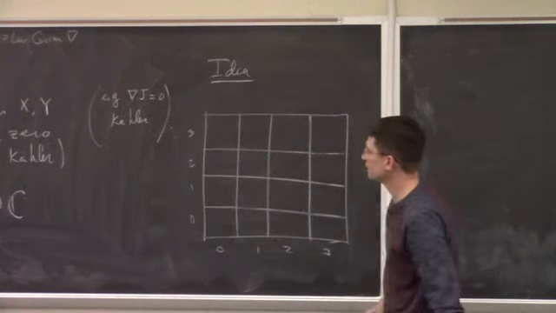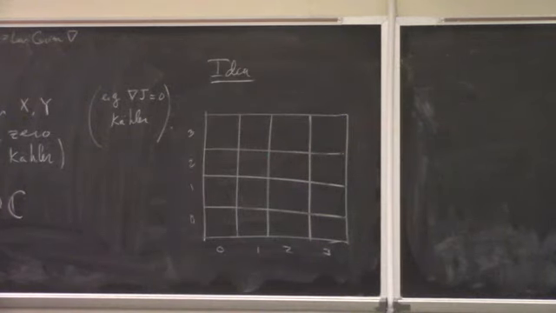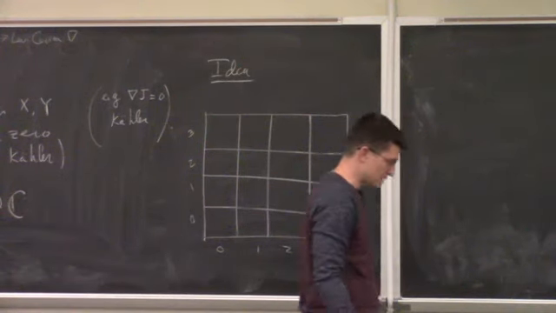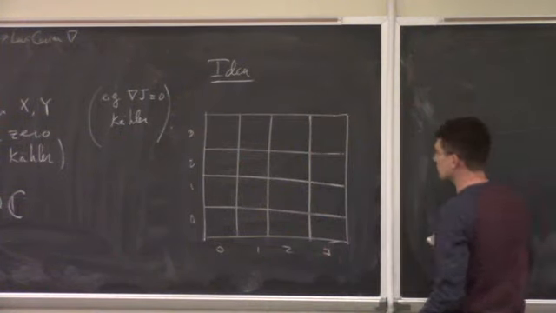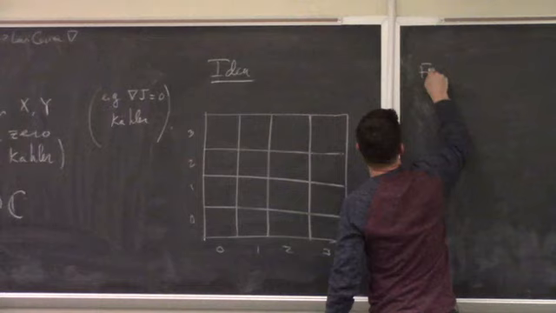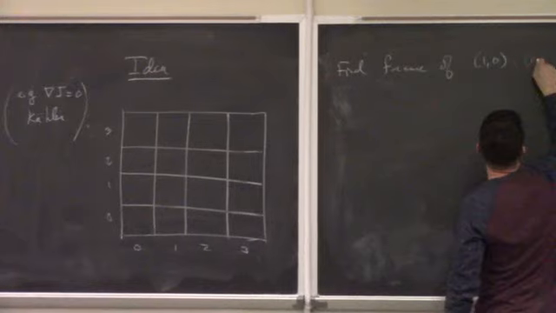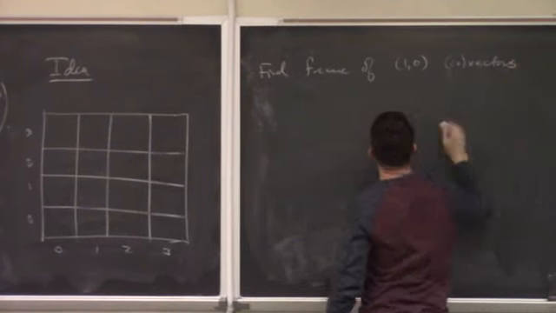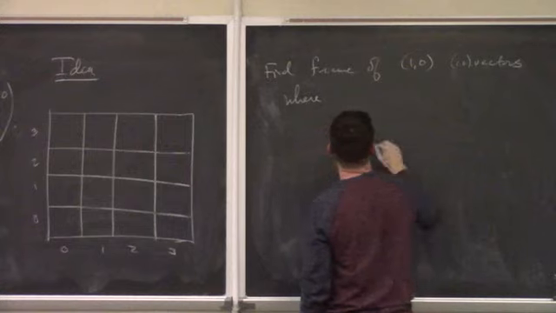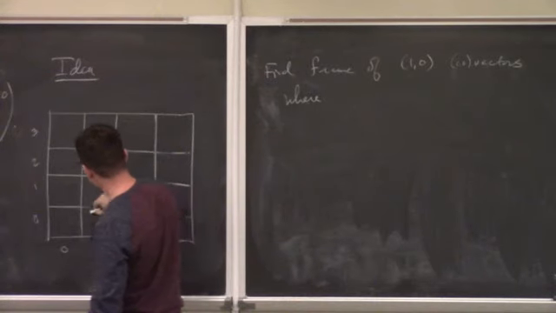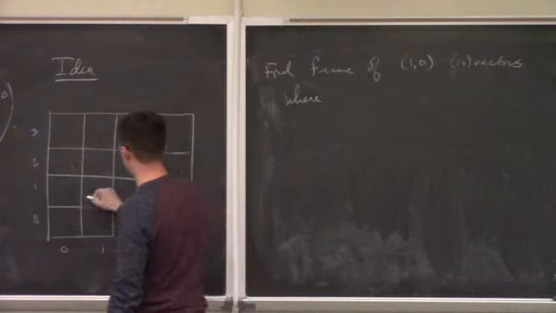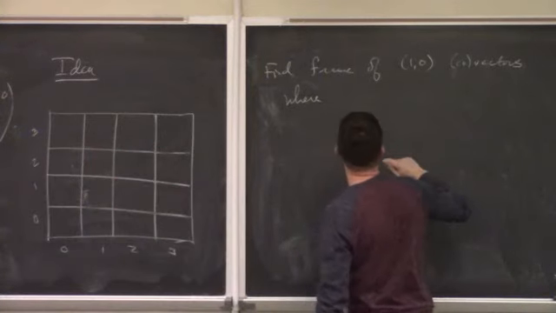The part I'm not going to say in full detail, but it's interesting in its own right, is that this hypothesis tells you that already your J is highly non-integrable. So in particular, it means that you can find a frame of (1,0) covectors where this operator that goes from here to here, d-bar, let me call this frame,